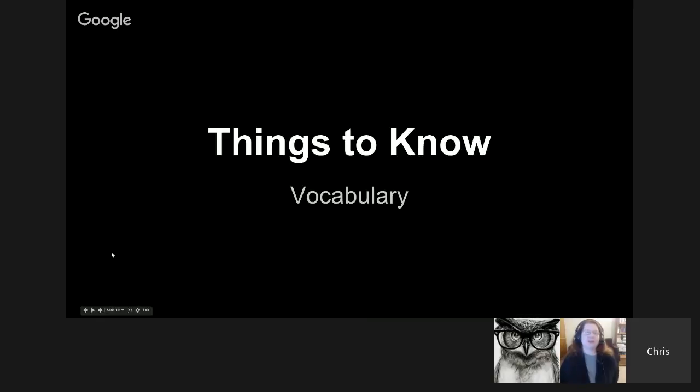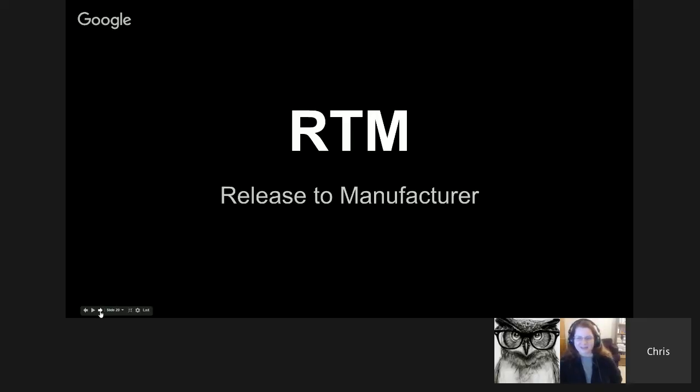Now, to go over some of the other things, let's go over some of the acronyms you see. RTM, you see this in the book a lot, and this is release to manufacturer. So that means when the game is ready enough to go public. And since we're gamers, and since we use technology all the time in the classroom, and we are constantly trying out different technologies, we see this a lot, and we see a lot of things that we don't think should be released to the manufacturer. For example, our learning management systems. It takes us about a week to start finding the bugs.